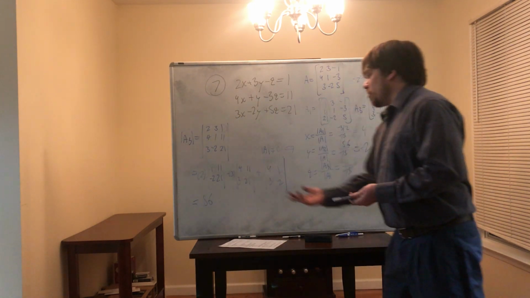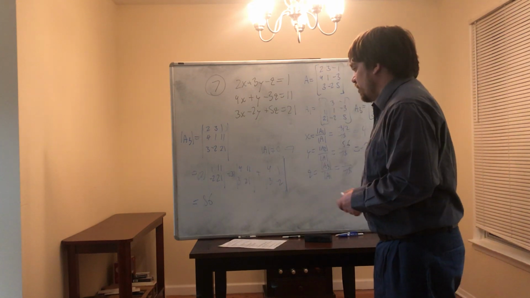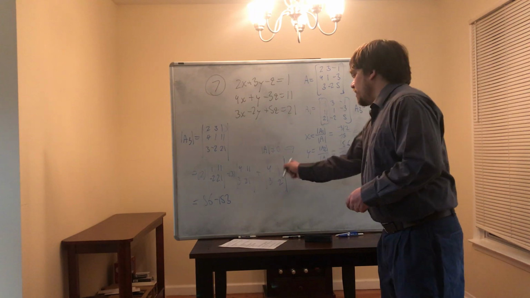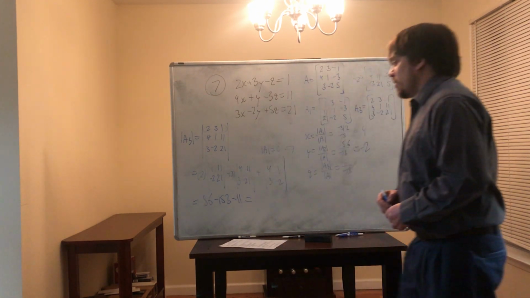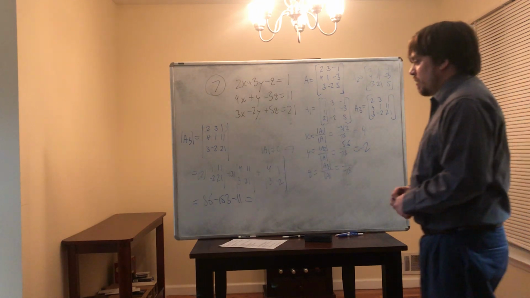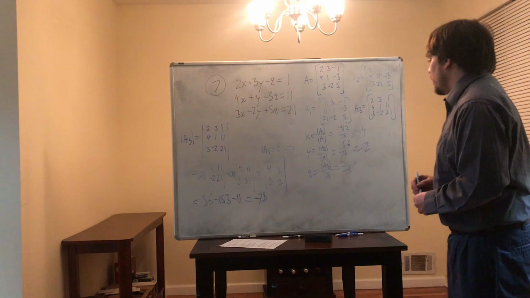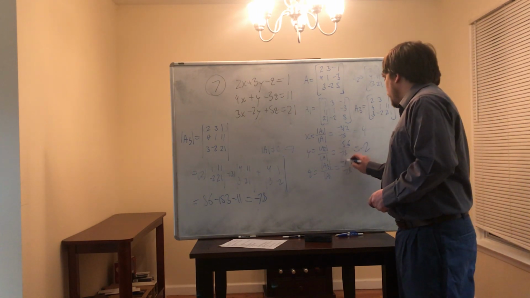And then 4 times 21, 84 minus 33 is 51 times 3, which is 153, so that's minus 153. And then negative 8 minus 3 is negative 11, so that's minus 11 there. And so then you get negative 78. So the determinant of A3 is negative 78, which looks perfect because if I plug negative 78 in here, I